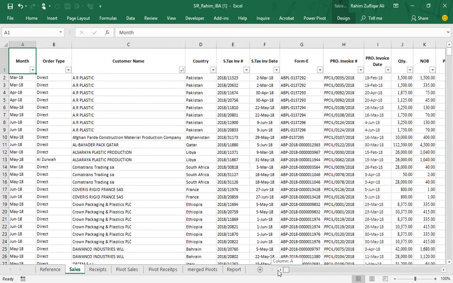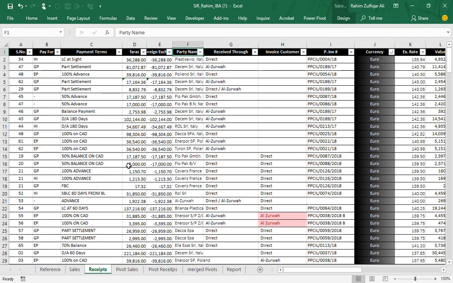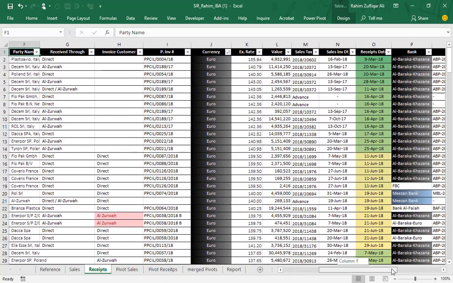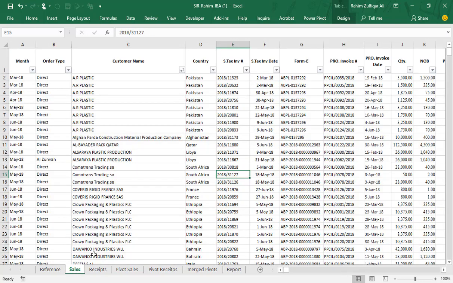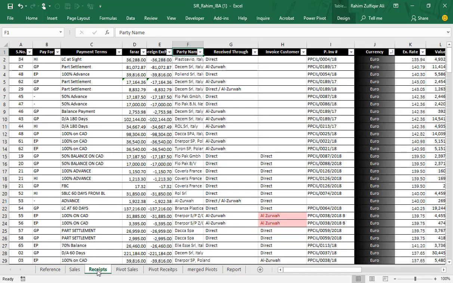So this is how the sales data is being maintained at their end. And then we have the receipts sheet in which we have the receipts data. Again, we have certain columns like serial number, pay for, payment terms, some amounts in foreign exchange, party names, and then invoice number, currency, and then the amounts and dates. So we have these two kinds of data, sales data and receipts data, in two separate sheets.